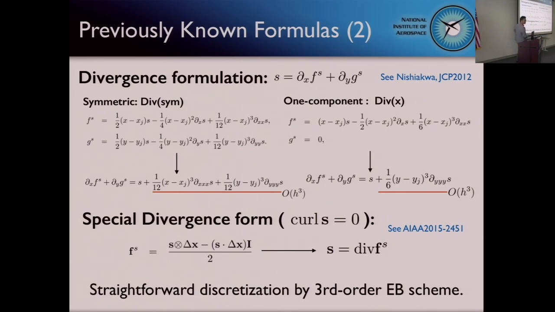And this is the flux. And this formulation doesn't require second derivatives, but it is so special that the source term has to be curl-free, and it's not always true. But once this source term can be written in divergence form, it is so straightforward to discretize it. Just apply the same algorithm as the conservation law, and you achieve the compatibility condition.